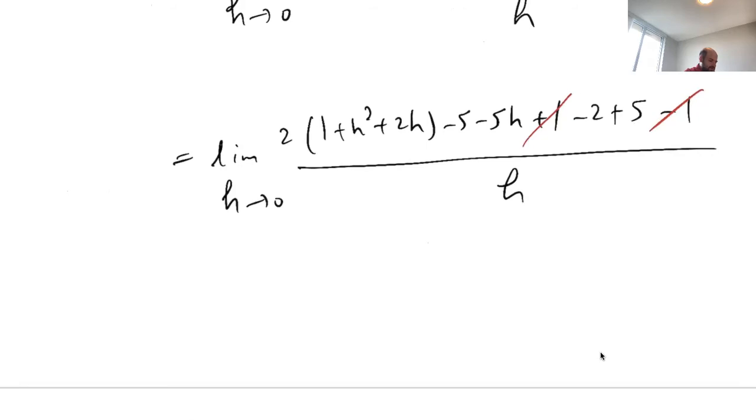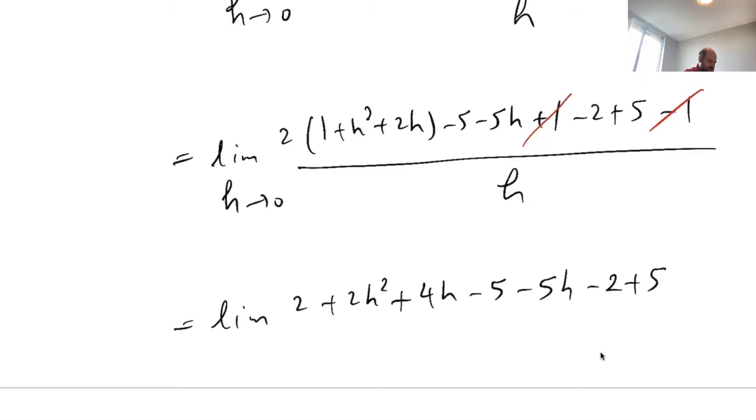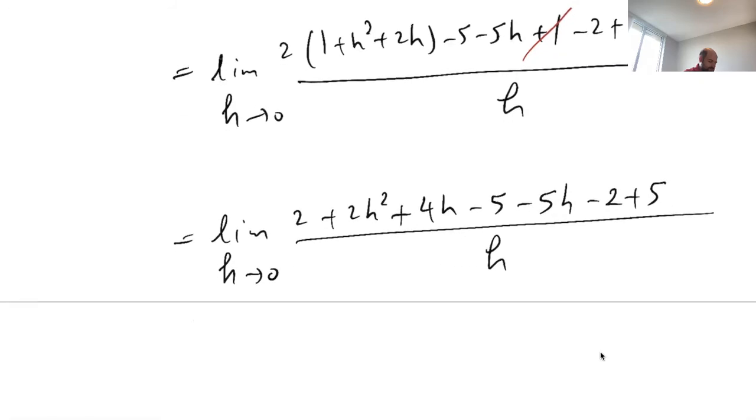And then I'll be left with the limit of 2 plus 2h squared plus 4h minus 5 minus 5h minus 2 plus 5, divided by h as h approaches 0. And then 2 and minus 2, they cancel. And 5 and minus 5, they cancel. So I'll be left with